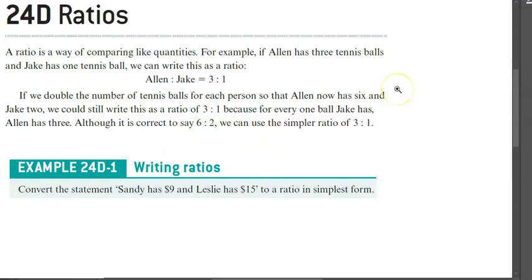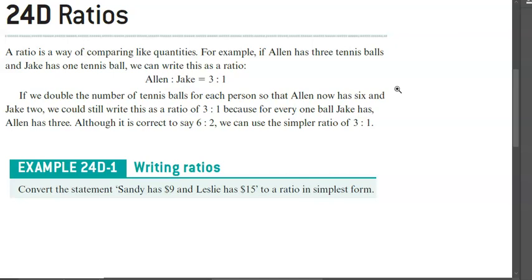So ratios, obviously you've heard this term before. You've heard that a ratio has to do with splitting, or maybe you've heard the terminology in relation to fractions or parts. A ratio is just a way of comparing like quantities, and by like quantities we mean the same type of quantities. So for example, let's say Alan has a sporting equivalent of tennis balls, then Alan